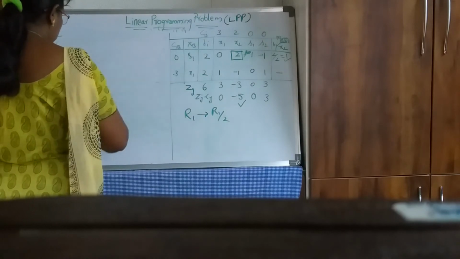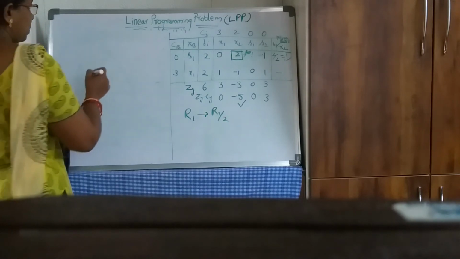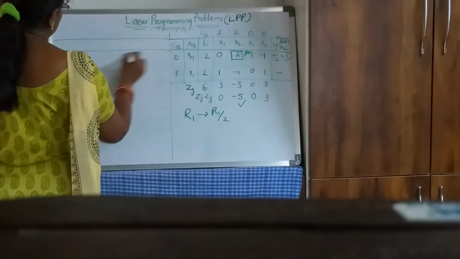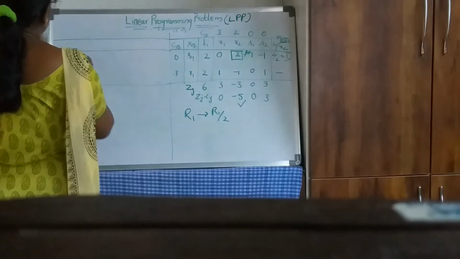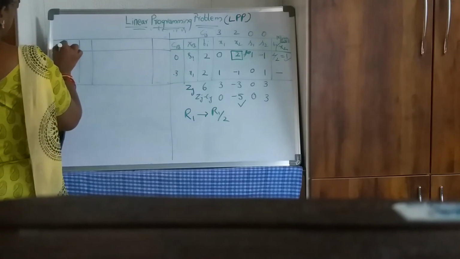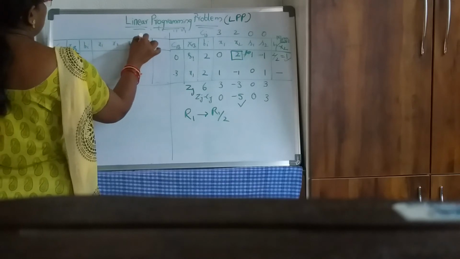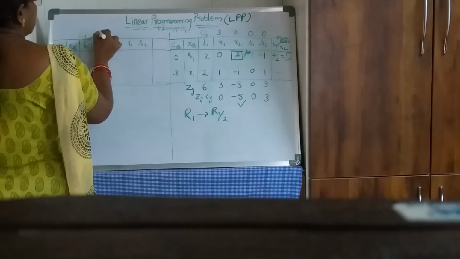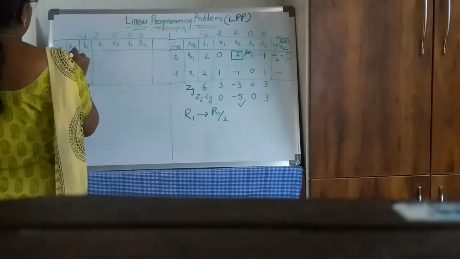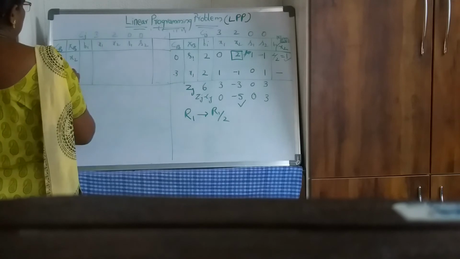Again you have to draw the simplex table. You have to keep on repeating this step until you get all Zj minus Cj's as positive. So though the name is simplex, the solution is very complicated. Many steps will be there in the solution. So this is Cb, Xb, Bi, X1, X2, S1, S2, Cj's. Here you have 3, 2, 0, 0. Now X2 is entering, so here I will write X2, here I have X1. Cost of X2 is 2, cost of X1 is 3.